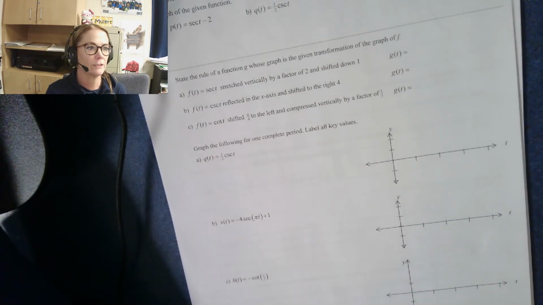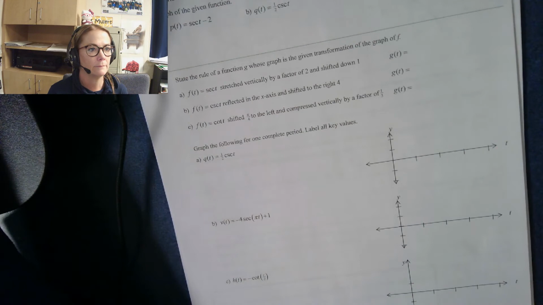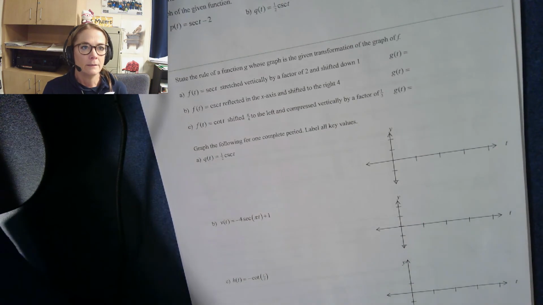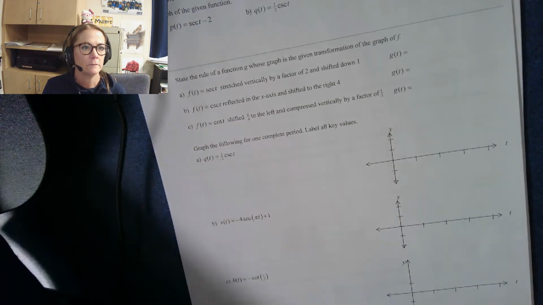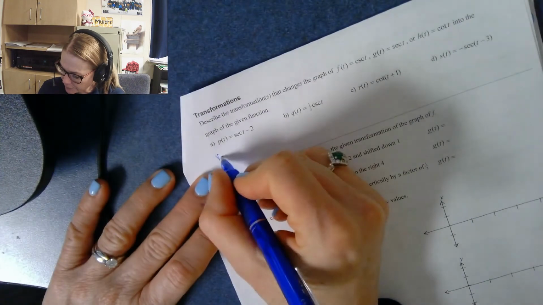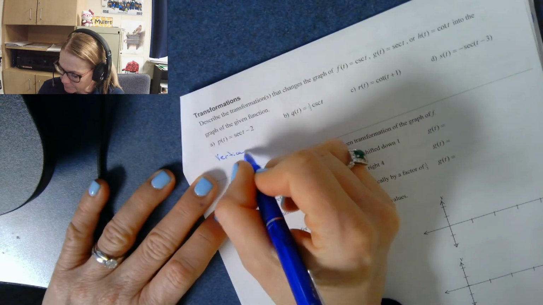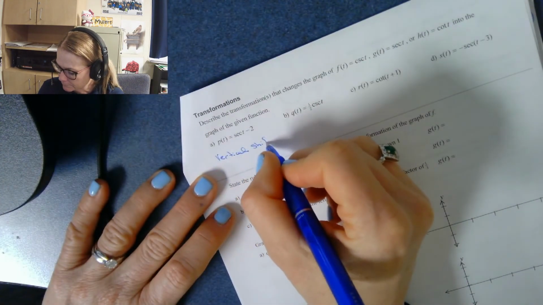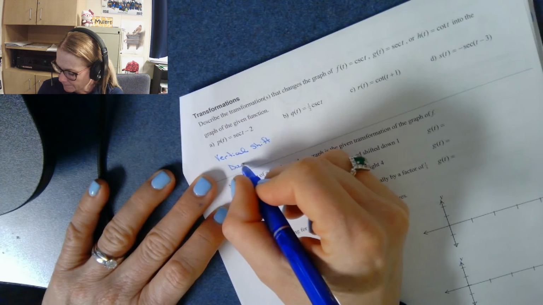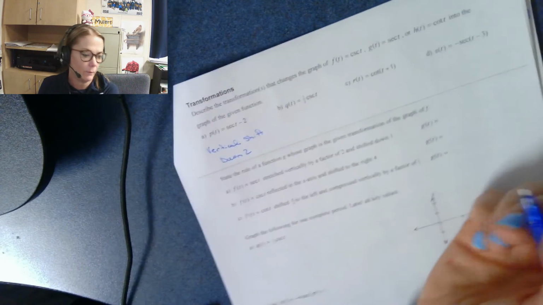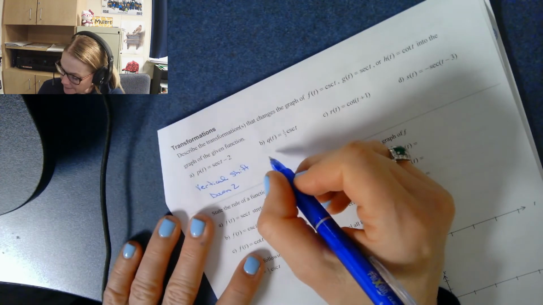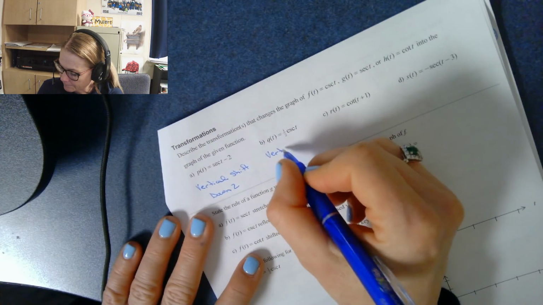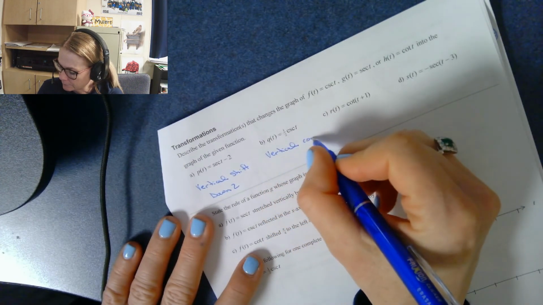Okay, this top part is pretty easy. Just going to list transformations as we would with polynomials. All right, so first one here, this is just a vertical shift down 2. And we're going to think about that the same way we would as polynomials. This is going to be a vertical compression